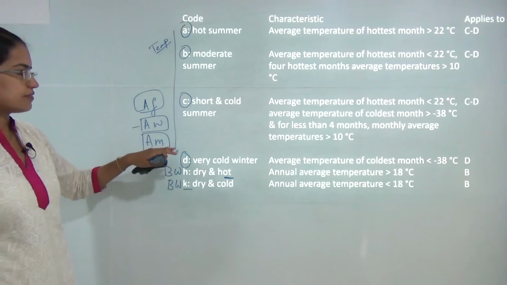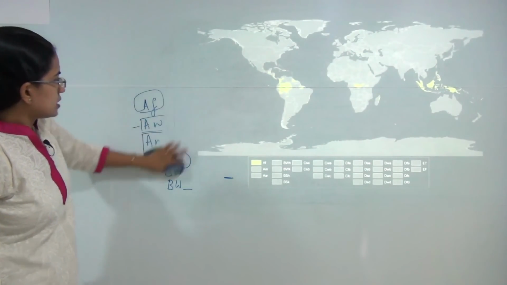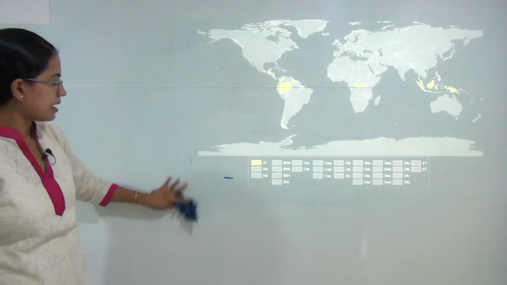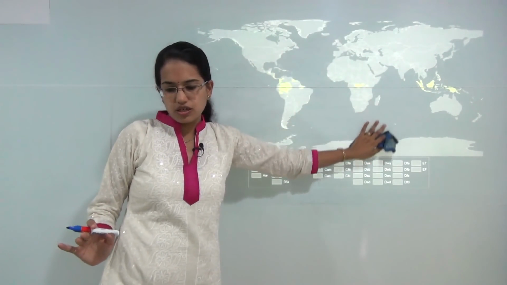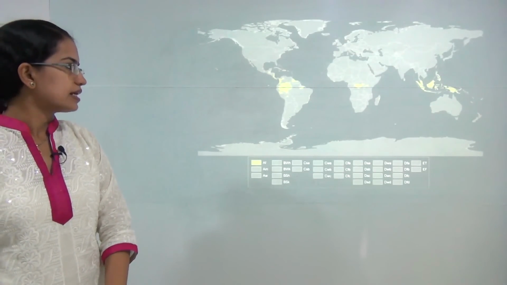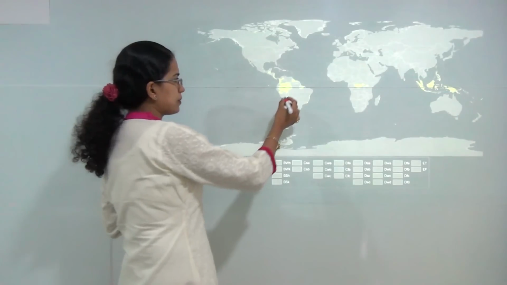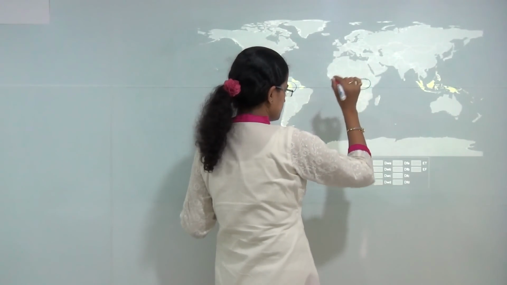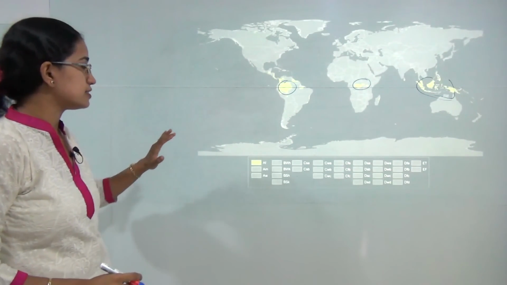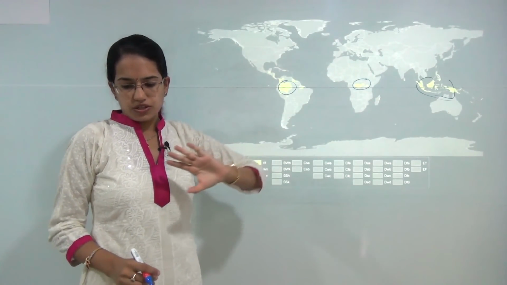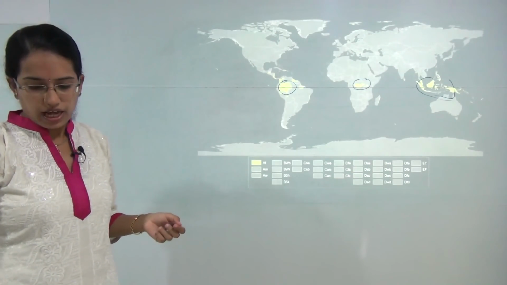So that's the basic classification that we try to understand, which was laid forward by Köppen. Now as we will see in our further slides, we have world maps for various regions and we will try to understand the various regions on the map. So first is the tropical rainforest. As I said, it's a region of heavy rainfall, high temperature, high humidity, commonly seen in the Amazonian region, Congo Basin and regions of New Guinea and Indonesian islands. That is the Af region or the tropical rainforest. The humidity is high, with nearly 80% of the region having high humidity.